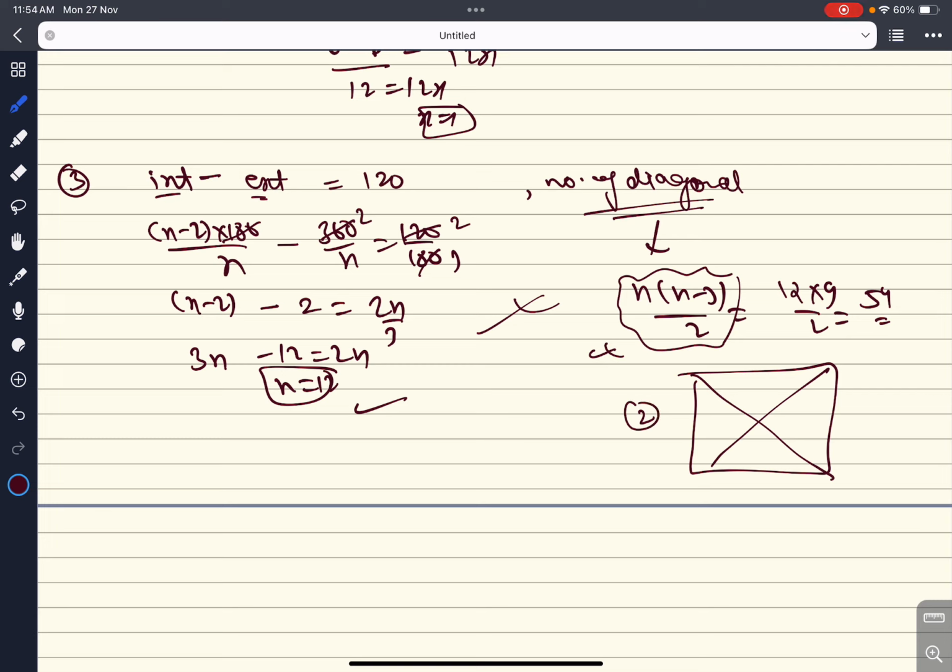Now for the formula, he thought what it can be. First he took 4 minus 2. So 4 minus 2 will be how much? 4 times 2 is 8, but diagonals are 2, so divide by 4, but he knows it isn't 4 in the denominator. Now he took n minus 3, so 4 into 4 minus 3 is 1, divided by 2, so 2 is the diagonal. So immediately he derived the formula. That's so nice of him.